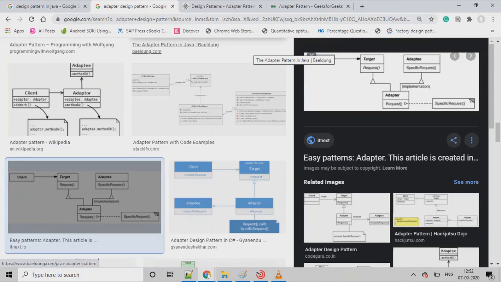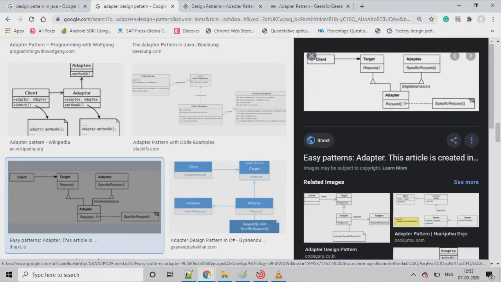So media adapter will be implementing this media player and using this advanced media player, right? So let's quickly go to media adapter. Media adapter is implementing this media player, which is the target, and has an advanced media player. So media adapter would require an adoptee interface. Here we are using a string to decide which class we need to implement, either VLC or MP4.